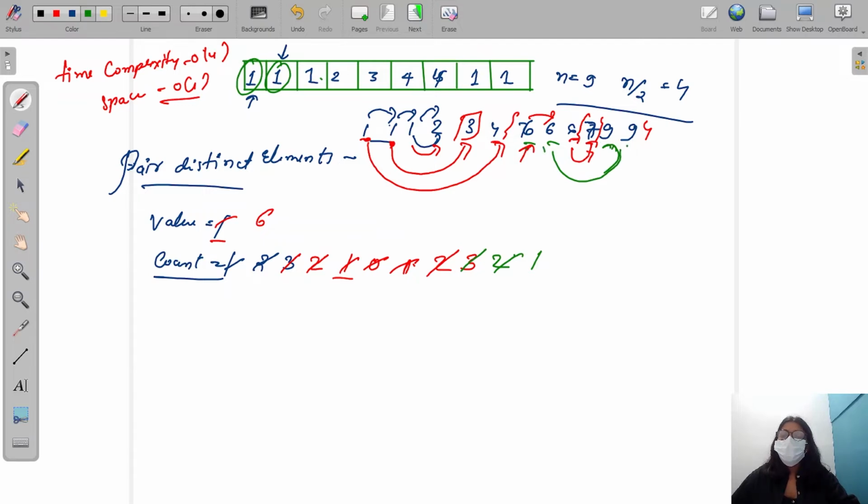Now check again with this value. Now again check this 9. Is it equal to my value? No, it's not. So pair this 6 with this 9. Okay, so I pair this 6 with this 9. Now count becomes equal to 0. And my ARR of 9 and my value become equal to what? ARR of I. Because when count becomes equal to 0, my value becomes equal to my AR of I, which is equal to 9. So I say this 9 can be a valid candidate to be my majority element.